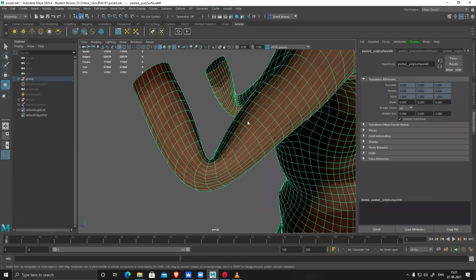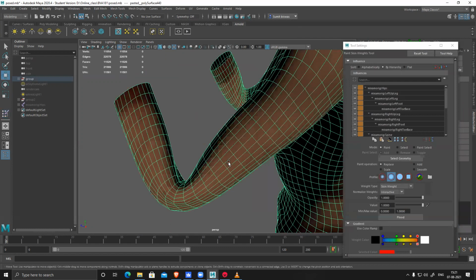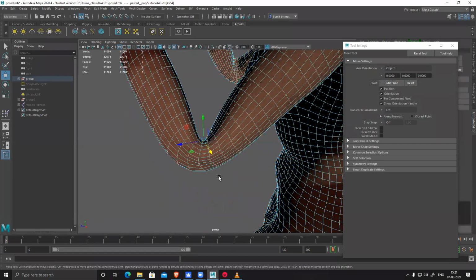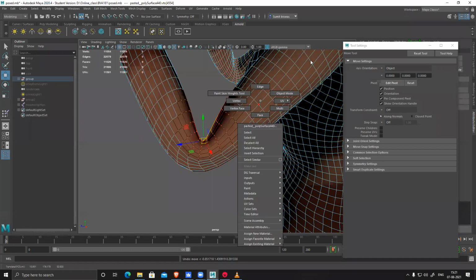So for this, what I did is vertex mode. A few things I have to do. We can do it in ZBrush also. Oh, it's skinned, right.